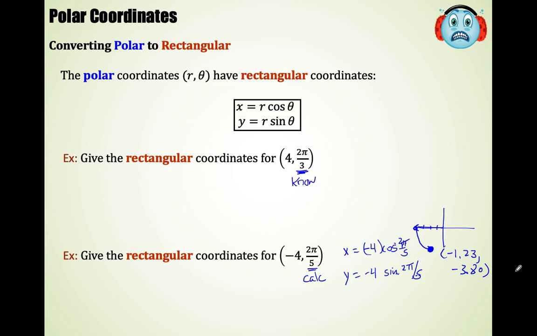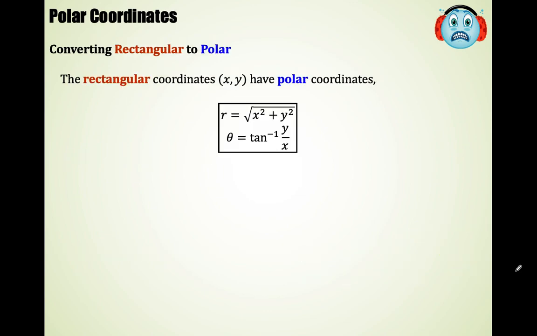Right, so if you are one of our special unit circle values, you are supposed to know those exact values. If not, use your calculator. All right, let's go the other way. You should recognize this, right? That's the hypotenuse, which is the radius from the pole of the